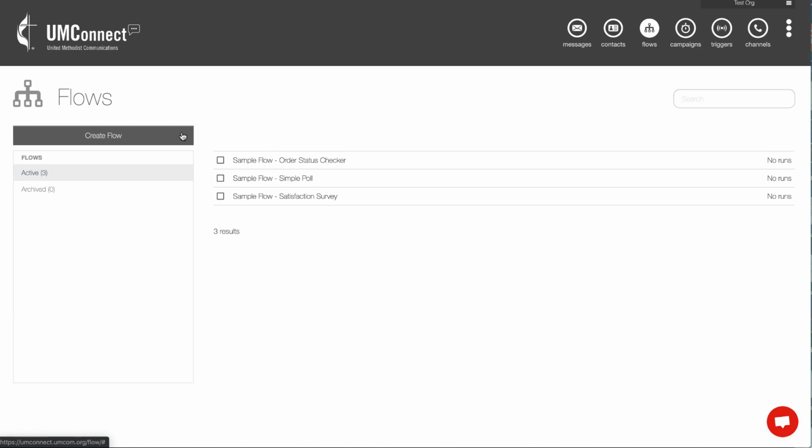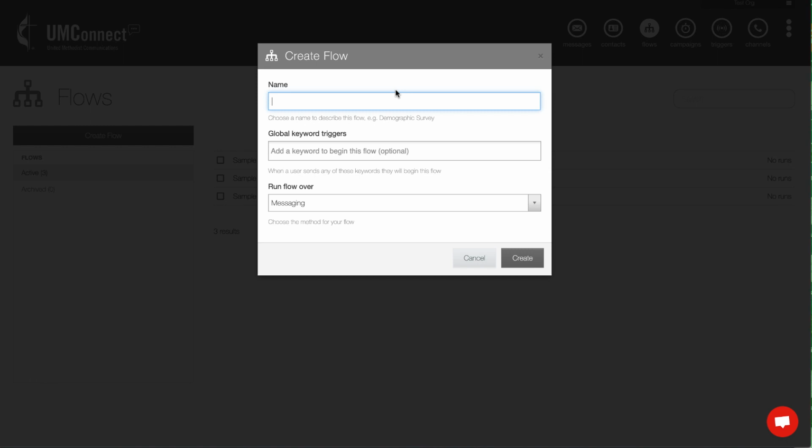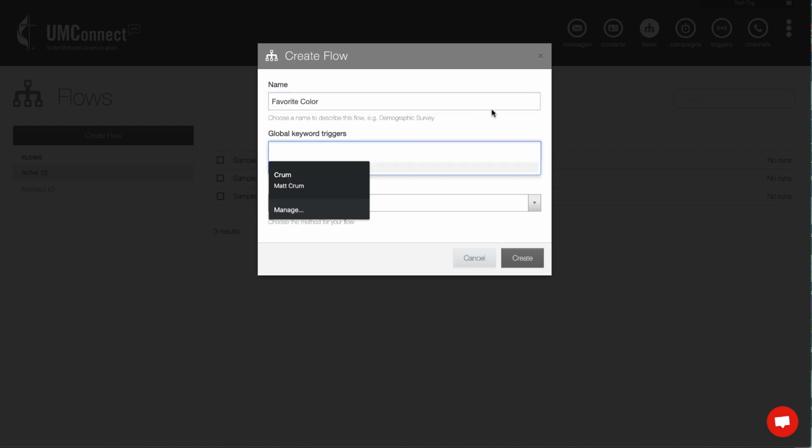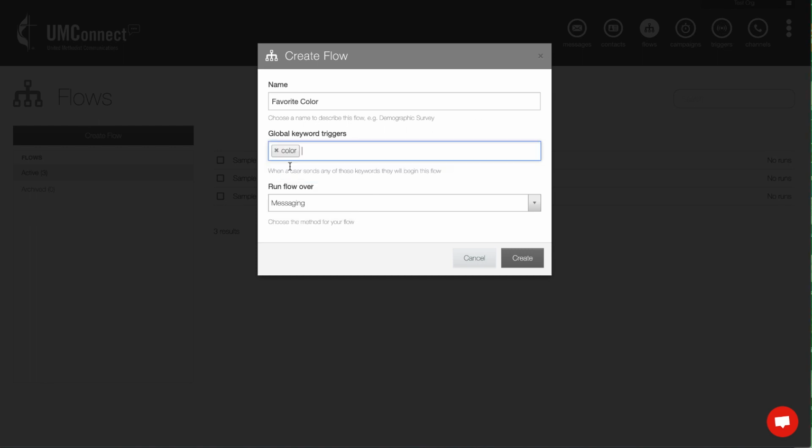So if you're going to send a message out to somebody and expect a response back, you build that in a flow. So just a quick refresher, we can create a flow. We'll call this favorite color. And again, this is just an example, and we're just going to make it fairly easy and simple. And we're going to add in this global keyword trigger called color. And what this does